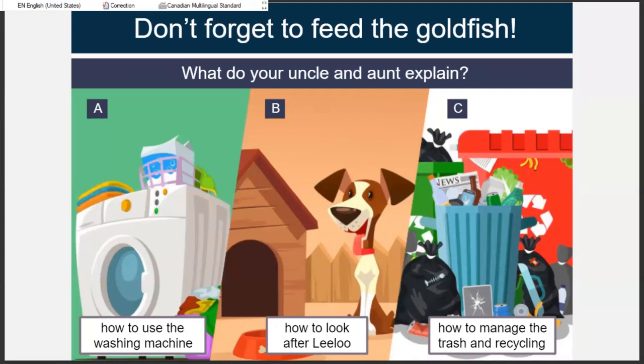If you are explaining how to use a washing machine, you can say, here is how you can use my washing machine. First, you need to make sure that the laundry is divided by color, for example. Any chore you want to explain to that person, make sure that you give them the title of what you are explaining, and then you go through the sequence. You can say, be careful not to do that and that. For example, do not